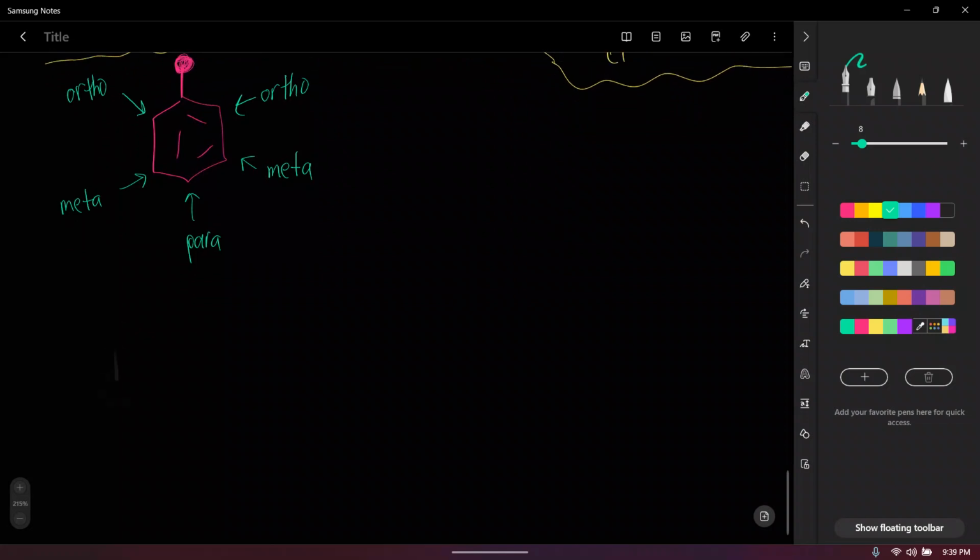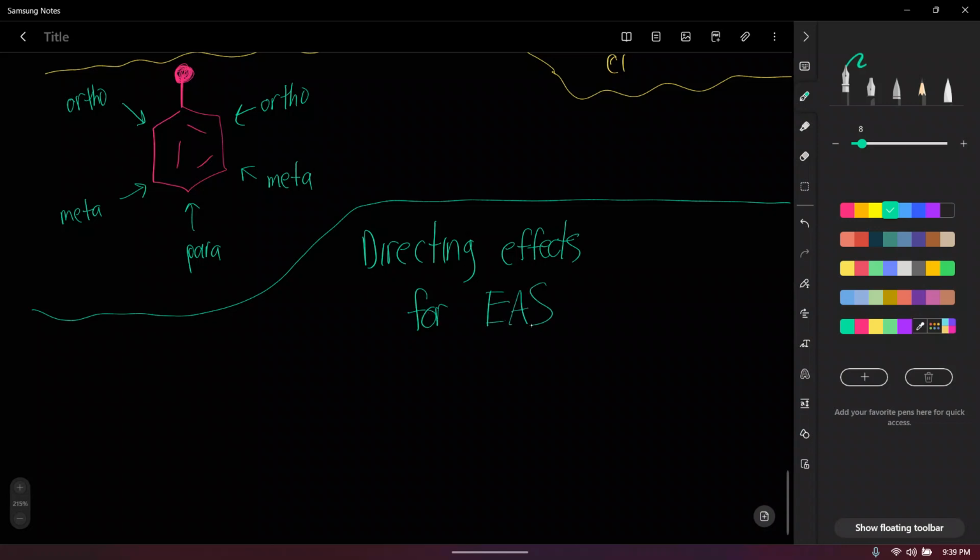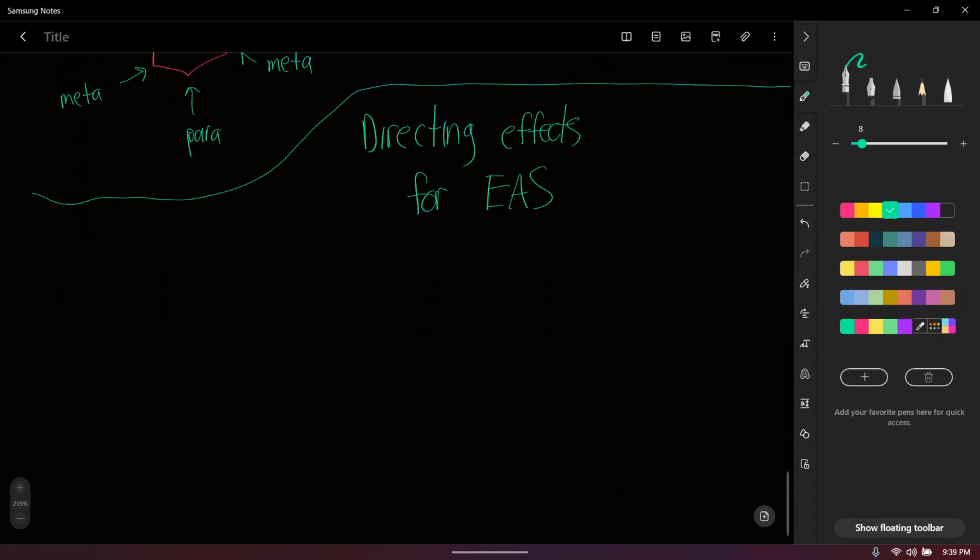And the way that we talk about that, all right, is we mention that groups have certain things called directing effects. Okay. So let's talk about those directing effects for EAS reactions. Okay. So there's two types. So the first type are ortho and para directors. Okay. So ortho and para directors